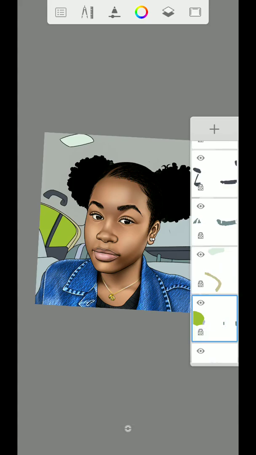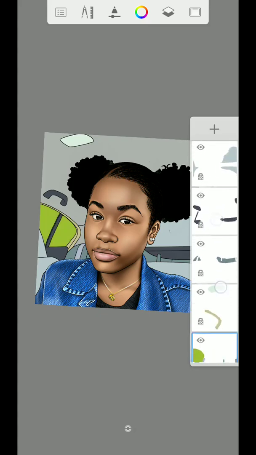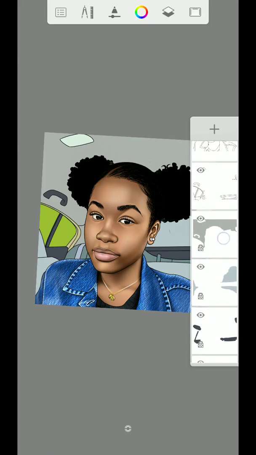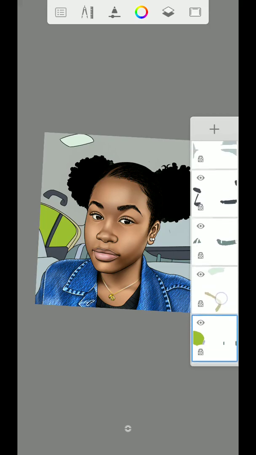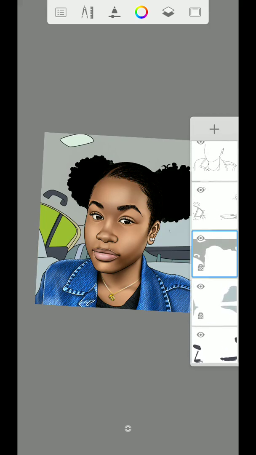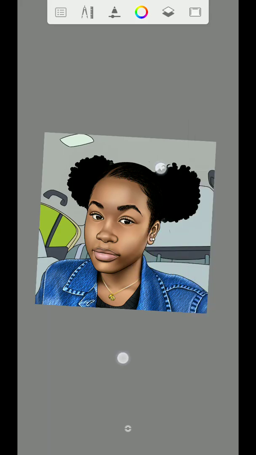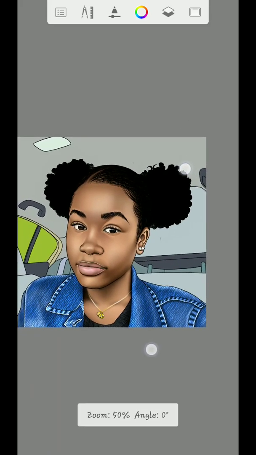I'm going to lock every background layer, like the foundation. You have to lock everything. So we have 1, 2, 3, 4, 5, 6. So that is six foundation that we have for the car, like the inside. So once I lock this one right here,